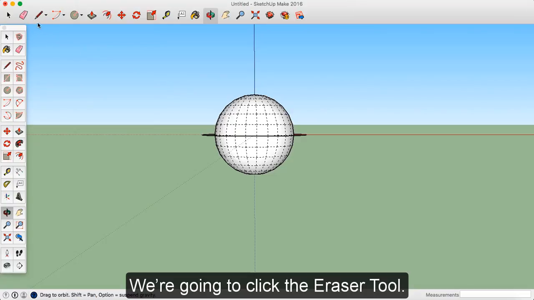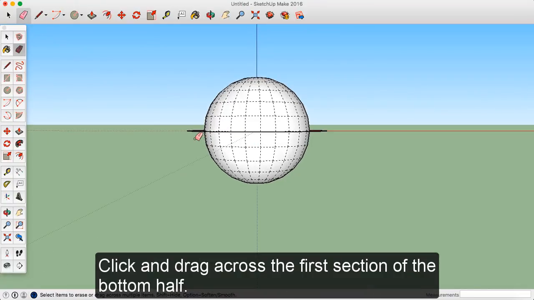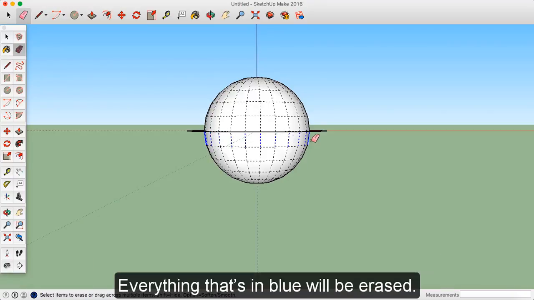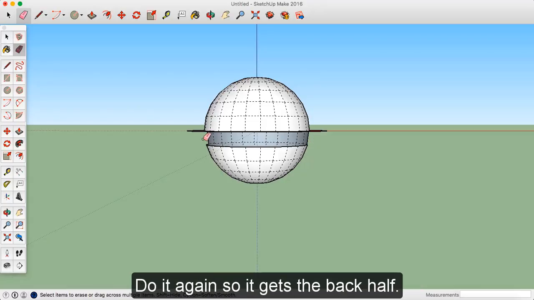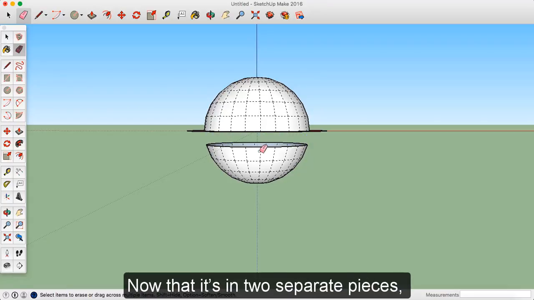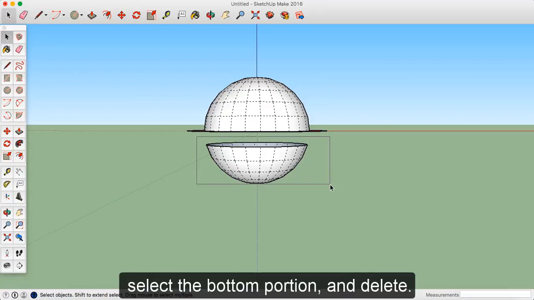So we're going to click the Eraser tool and click and drag across the first section of the bottom half, and everything that's in blue will be erased. So we can let go and do it again so it gets the back half. And so now that it's in two separate pieces, we can click the Pointer tool, select the bottom portion,